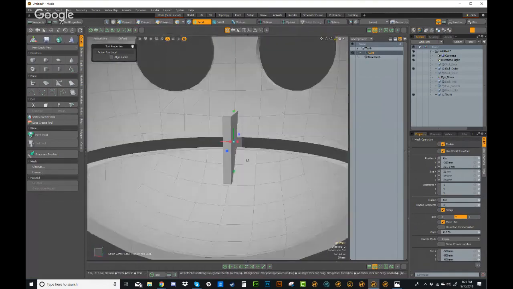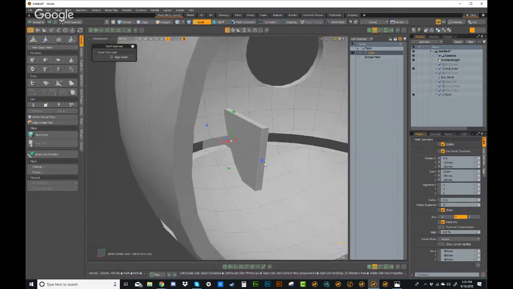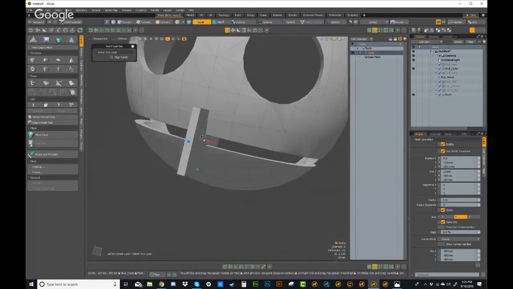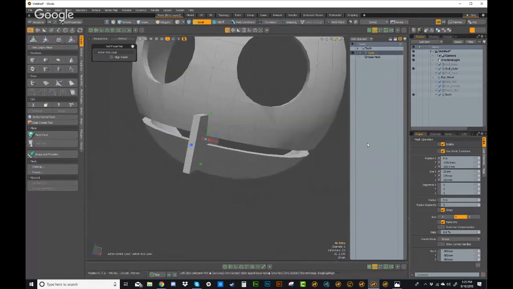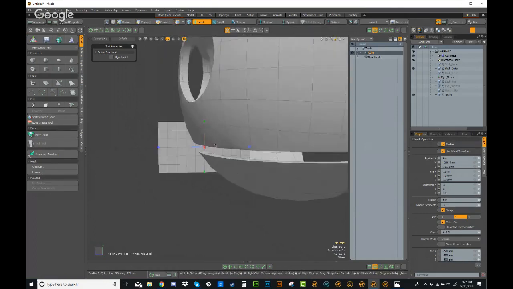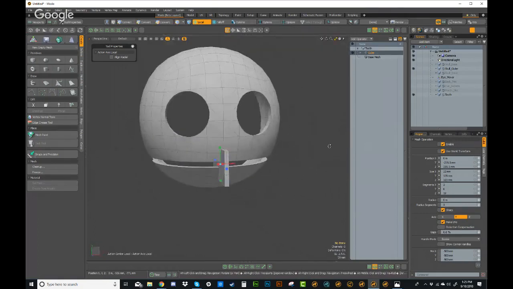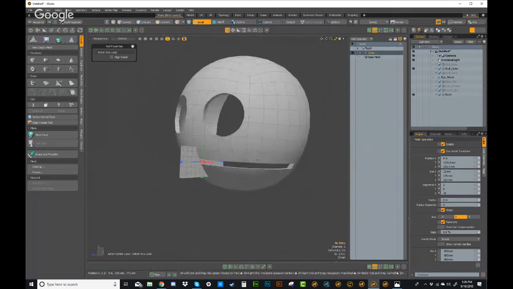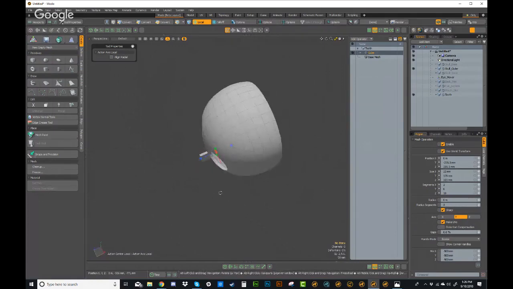That looks pretty good. And I'll just move it back in z a little bit more and lower it. Okay. So I want it to have more segments, so I'll just increase the x segments to 2, and then the y segments we'll do 6, and maybe 10 on the z. Okay, so we're going to Boolean subtract this, but before we do,